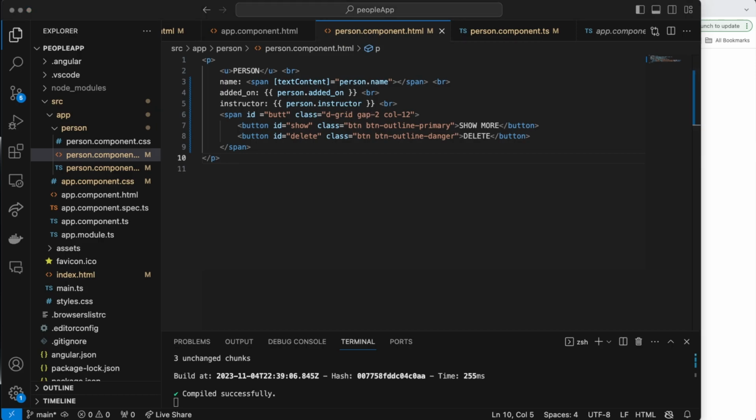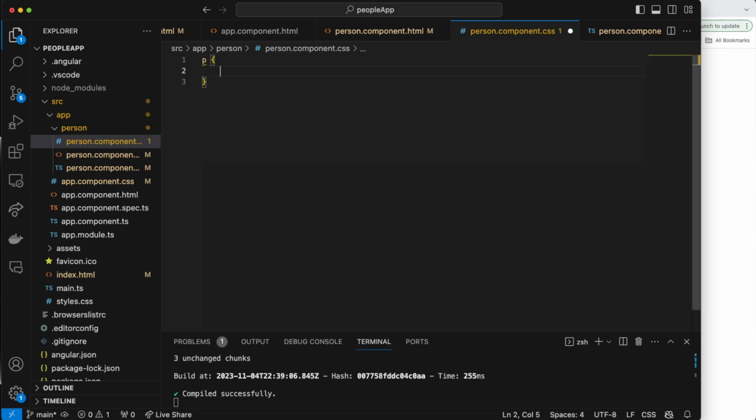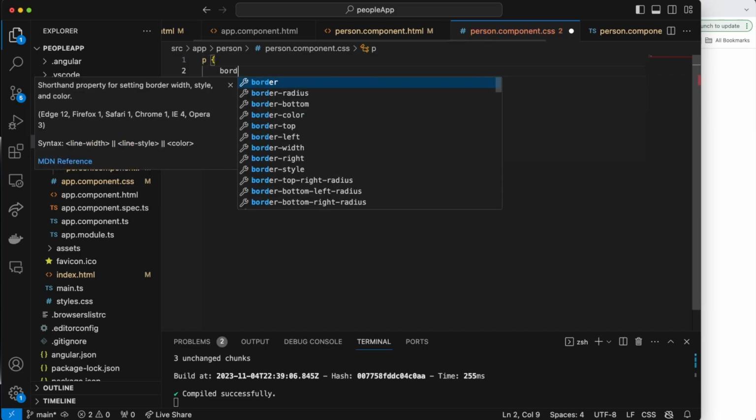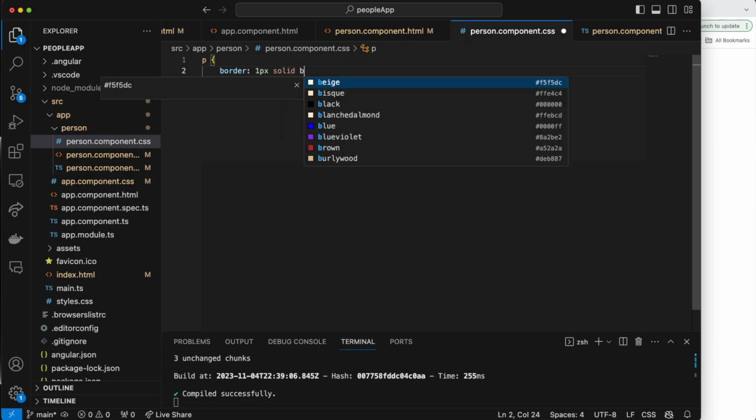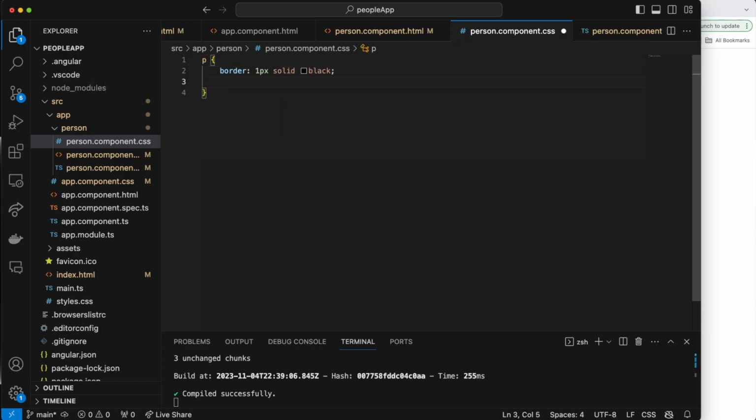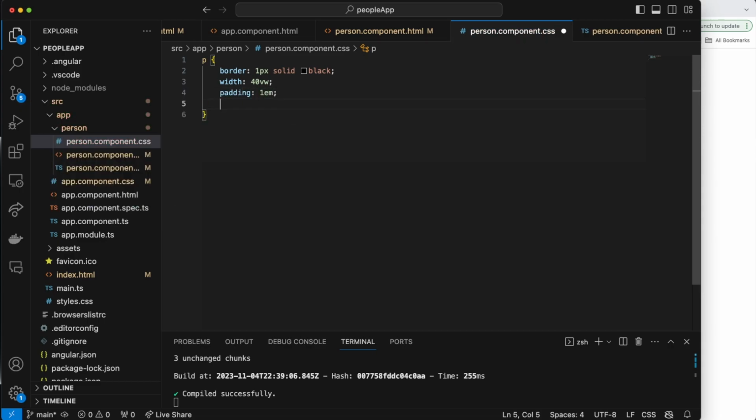So I'm just going to come over to the person component. Let's add a few more CSS things to this person. So once again, what I'm adding in the CSS is just pertaining to this component. So I'm going to give it a border, and border is going to be 1 pixel. We'll do solid black, and we're going to do a width, which is 40. We'll do 40 viewport width, and then we'll do a padding of 1 EM, and then we'll do a margin